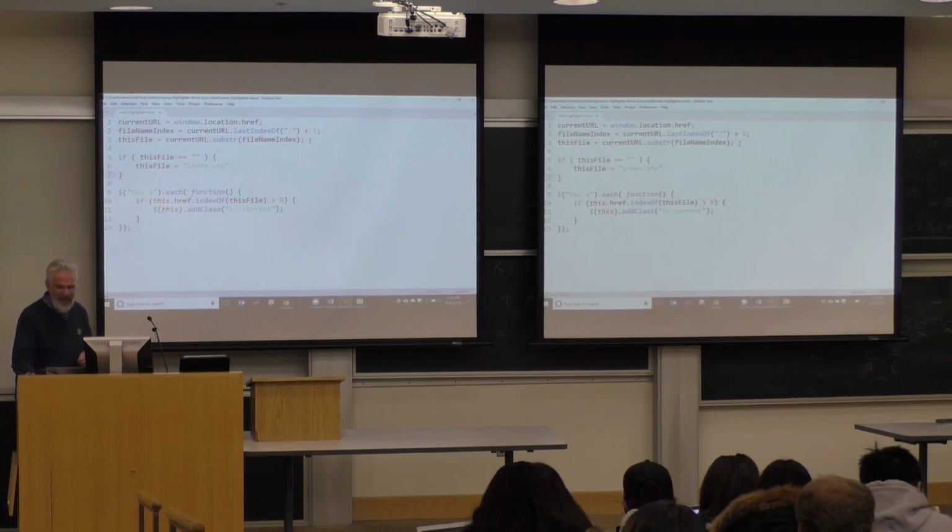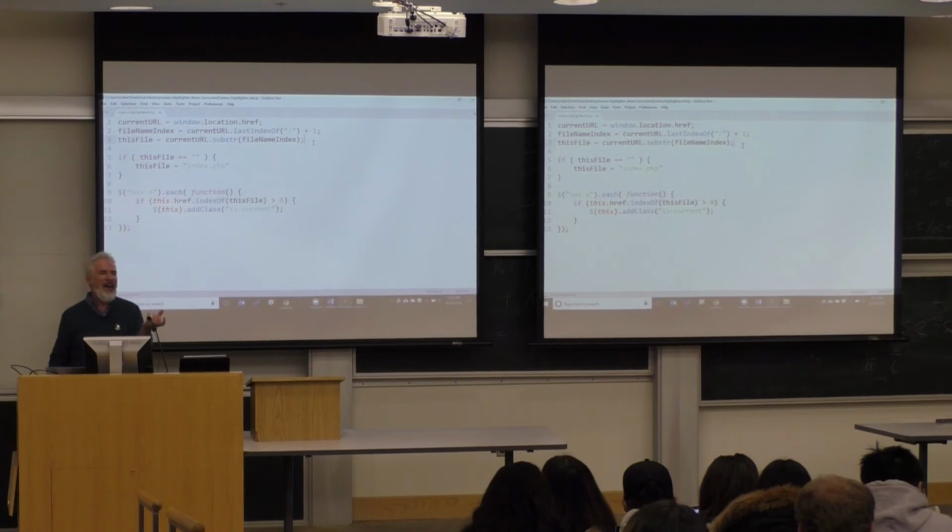Quite simply, this part up here gets the file name. Wherever this JavaScript file runs, those top three lines of code will get its own file name, so it's always going to be different depending on where it's being run. That's step one in this whole process. It goes through